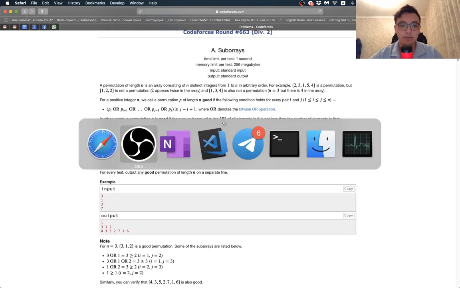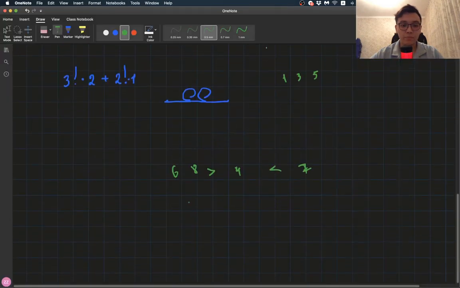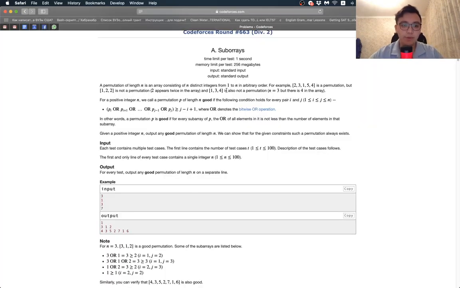Okay, let's start from problem A. So quite an easy problem. Well, in this problem we can just print any arbitrary permutation. So just to print all numbers from 1 to n is enough. Because